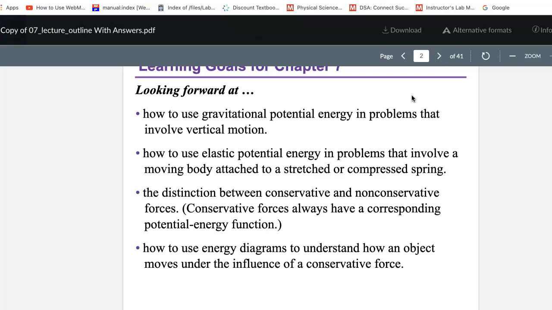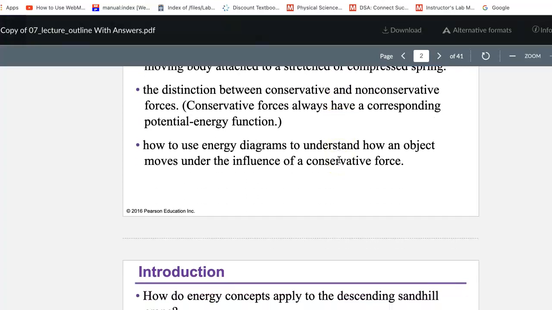Also, we are going to learn how to use elastic potential energy, and that is when we have a spring that is stretched or compressed in the problem. We will distinguish between two categories of forces: conservative forces and non-conservative forces, and we're going to learn how to include all of them in the conservation of energy. We're going to understand also how to use energy diagrams to understand how an object moves under the influence of